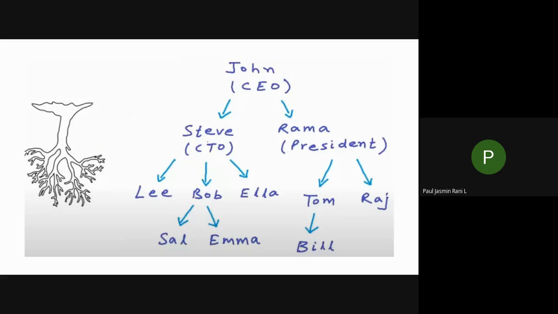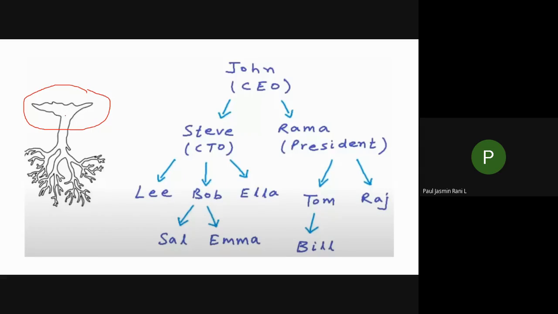So this is how they represent it. When you see this tree, the root plays an important role, isn't it? If you don't have your root, then it is a waste of keeping the other branches, isn't it? So this is an important thing. In any tree data structure, you will have only one root.